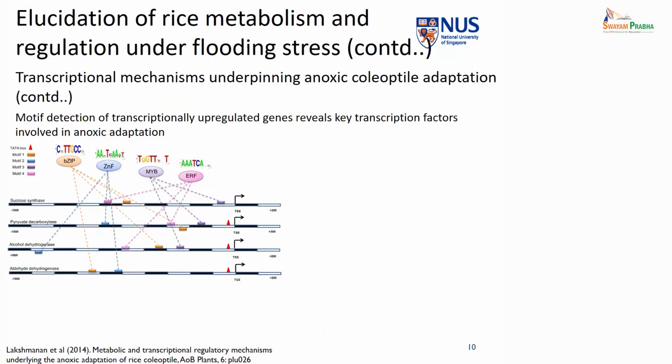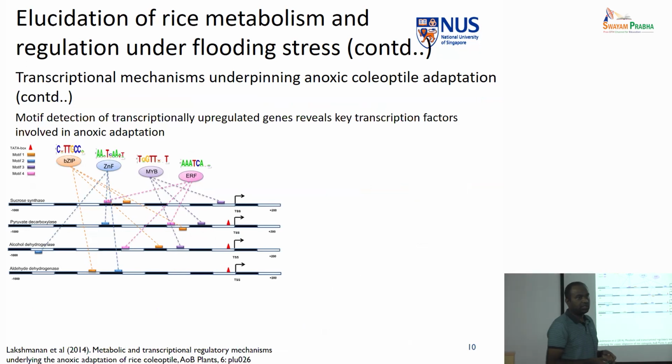Okay. So the next bit, what I wanted to focus on in this work is, we understood a lot of different fluxes, right? Or the reactions which had a difference between, say, aerobic and anaerobic. But what do they mean? How are they regulated? So we wanted to understand that. How could we do that? We identified the set of reactions which showed a same directional change, be it aerobic to anaerobic, being upregulated or downregulated. Then we looked at the potential transcription factors of these genes and wanted to understand how they are regulated.